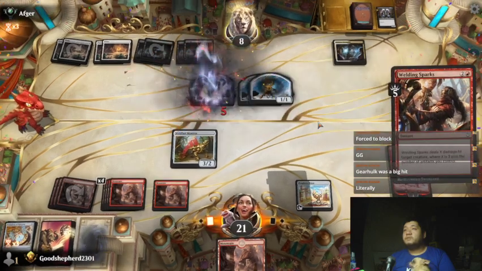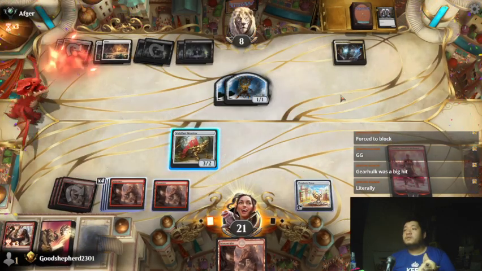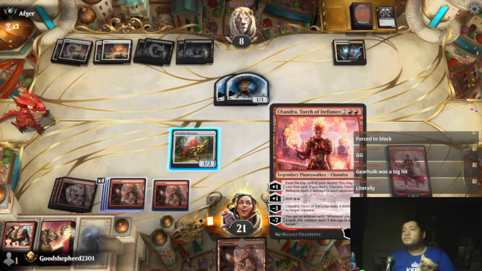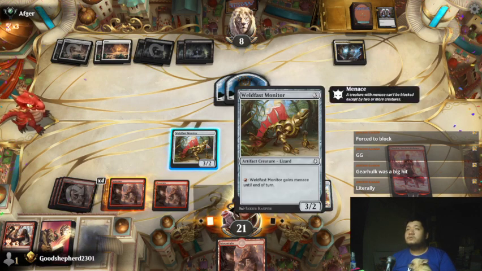They sack in response. Oh, they didn't sack in response. I'm pretty sure they could have responded to that. I cast that card. Yeah, he cast that card, so it goes on the stack. He could have responded. Chose not to. So...